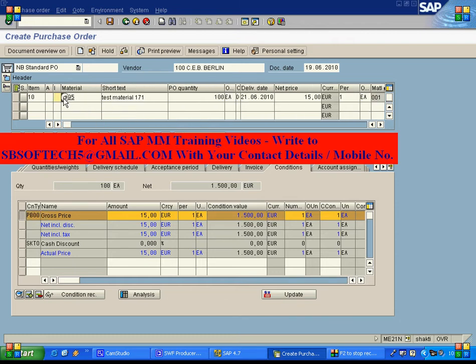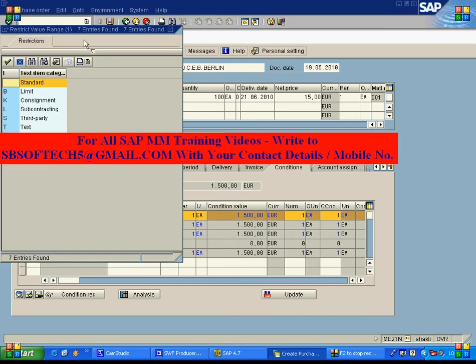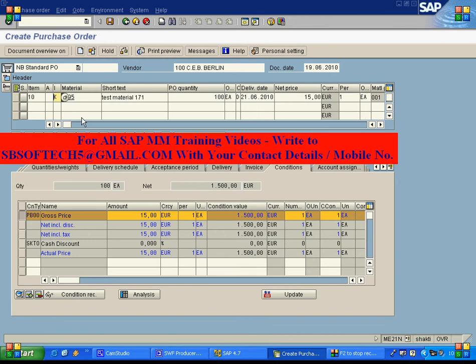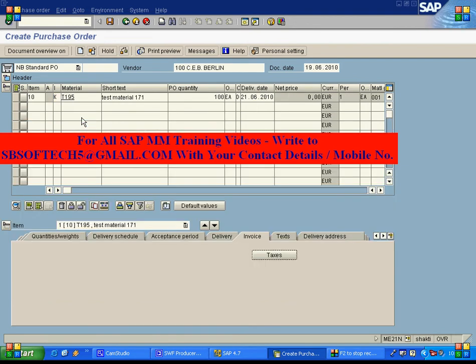Now when I go to the item category, I will select consignment. So when I select consignment and double click this and press enter, the conditions tab in the purchase order will disappear. So your consignment purchase order does not have the price in the purchase order, because you don't know when you are going to use that material and what the price will be on that particular day.